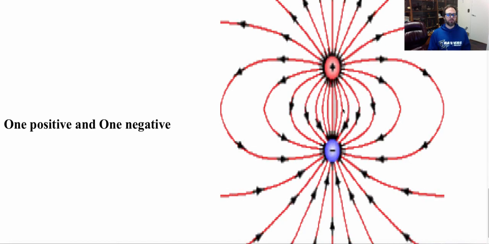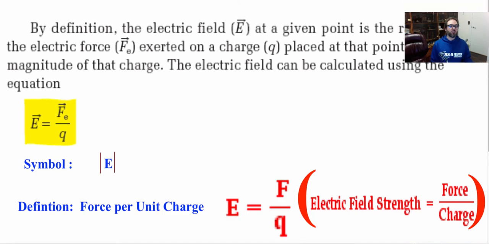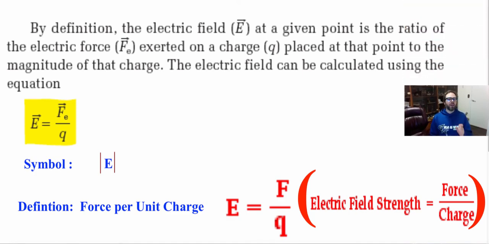What does that mean? Now that we know what electric fields are, and we reviewed fields in general, we're going to now calculate quantitatively the strengths of electric fields and how they impact certain objects. Now if we remember, electric forces and gravitational forces are very much related, how they are set up. So we also learned earlier that electric fields and gravitational fields are somewhat related as well in how they interact